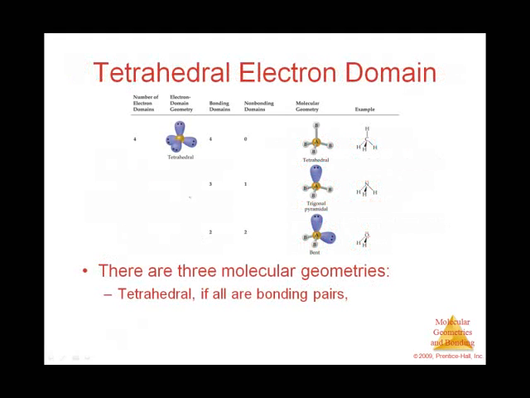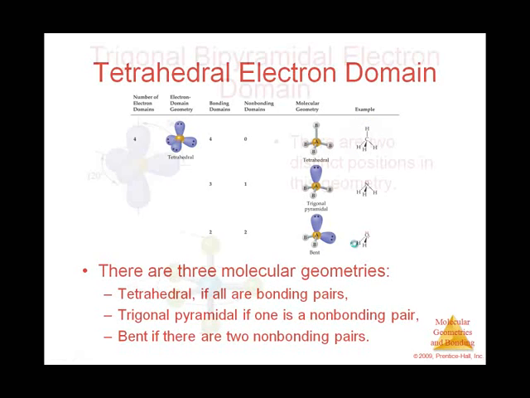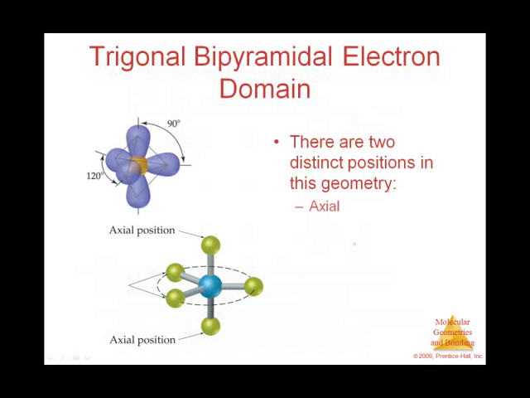If I have a tetrahedral electron domain, 4 places around the central atom where there are electrons, I can have 3 different shapes, right? If an atom's attached to each, I'm going to have a tetrahedral molecular geometry. If I only have 3 bonded atoms, I'm going to have a trigonal pyramidal. And like we just said, if we have water with 2 lone pairs, it's going to be bent. Okay, now we can also have a trigonal bipyramidal electron domain. Okay? And there are different geometries involved in this